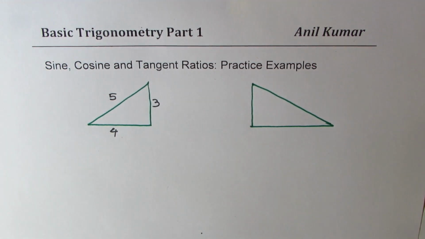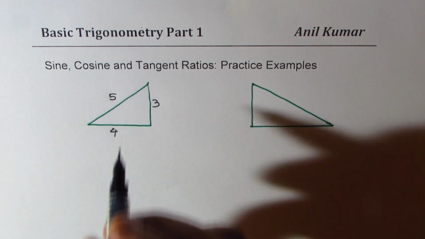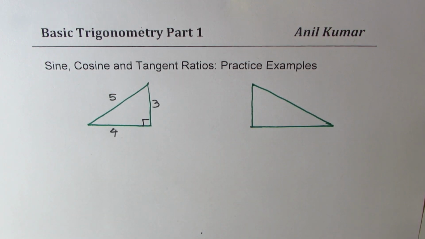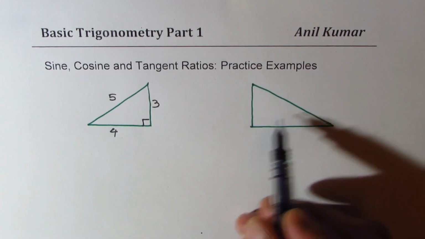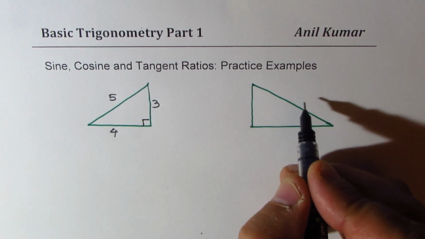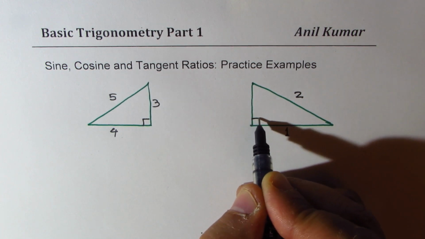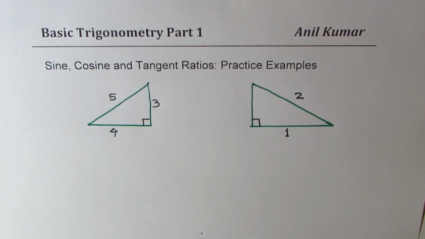That is very standard. We know in a right triangle, a square plus b square is c square, and we do get that kind of a value. Now here, I will take different kind of values. Let us say this side is 2 and this side is 1, and we have to find the trigonometric ratios,